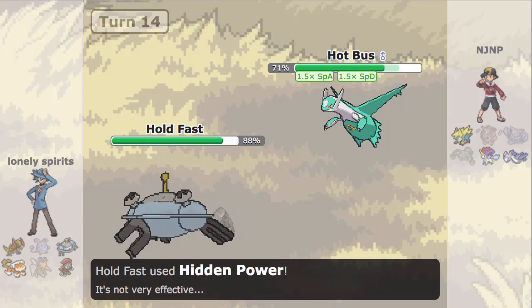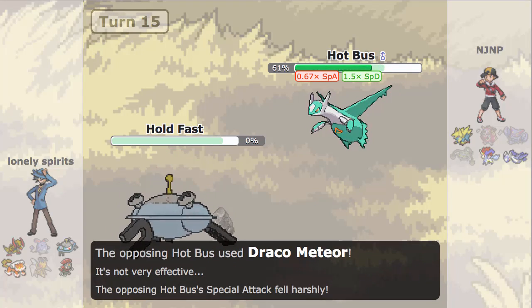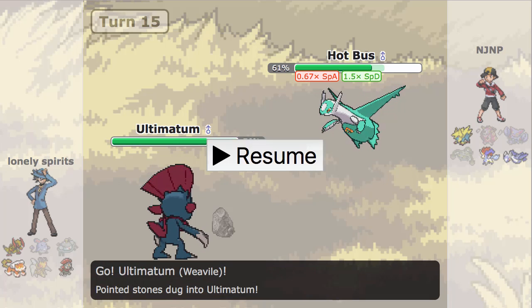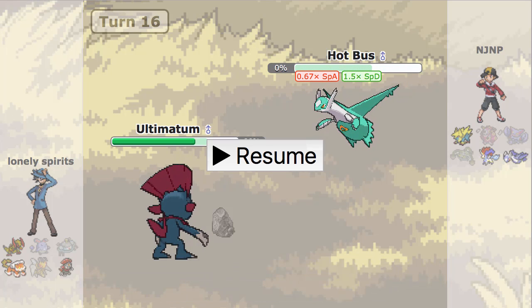But now it's able to work out for him because now he can just go straight for the Draco Meteor and remove me. And right here, I do go into my Weavile, and the reason I don't go for the Knock Off, I go for the Icicle Crash to finish this. The reason I don't go for the Knock Off is because in the very odd case that he brought in his Keldeo, I actually did not want to remove that Keldeo's Choice Scarf,